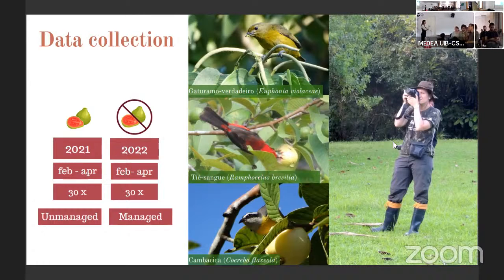We can now do a long-term study to see how this is going over the long term, but to the past we cannot go. Do you plan to follow the interactions over time? I can, yeah. Because I need to return there to see if the guava is growing again.